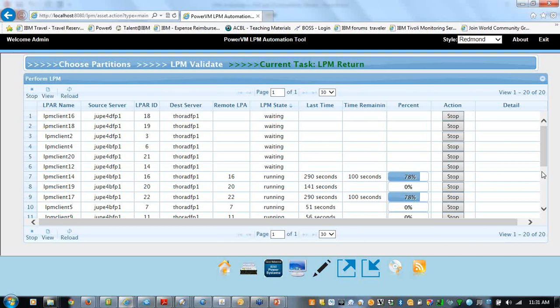I would think that's an HMC and hypervisor call. It's not a tool call, but yeah, I understand the question. I just don't know the answer. Okay. You mentioned a lot of AIX partitions there. I kind of assume that IBM i and Linux all work with the tool as well, since they all work with LPM. Correct.